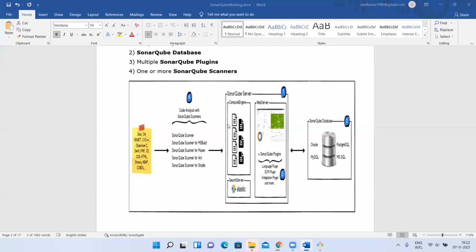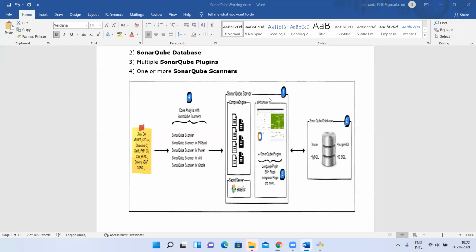The compute engine is going to categorize whatever the scanner has scanned, which are critical, which are minor, which are major. The report that is generated will be present in the database. Then the server shows it in a browser, and for that browser support we need a web server.